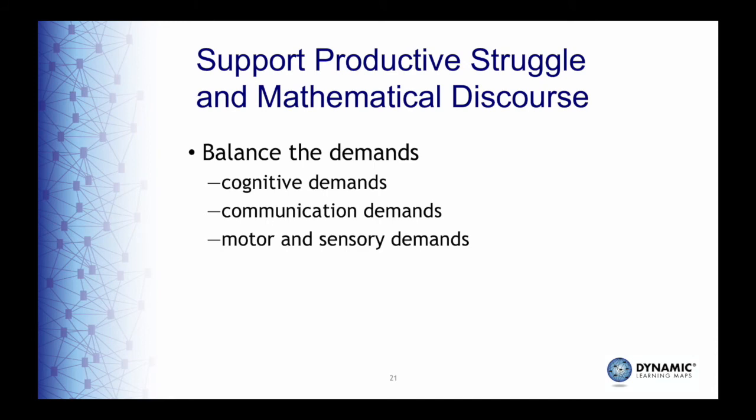Finally, from both research and experience, we know that students with the most significant cognitive disabilities often struggle with activity demands in various ways. New tasks and new concepts place high demands on students across cognitive, communication, motor, and sensory systems. All of these demands at once can make it difficult for a student to attend to the key features of a lesson. Repetition with variety is one way to address these demands. For example, educators might help students address the cognitive demands of a new activity or concept by providing easy ways for students to communicate while minimizing motor and sensory demands.